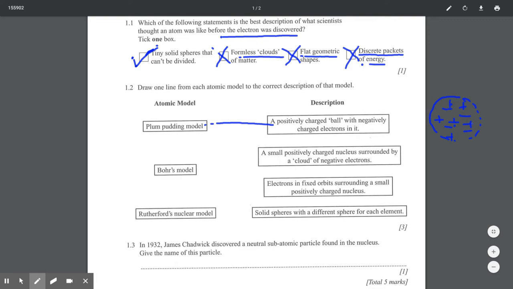So then, as I say, Rutherford then came along later, and he decided via his alpha scattering experiments, which turn up in question 2, that the atom in his experiments were again spherical. However, the positive charge was now contained in a very dense, small nucleus, and the electrons were around the outside. Wasn't aware necessarily of positions, that comes up later, but they just thought that the positive charge was definitely in the middle, in a very small, dense area, and the electrons around the outside in a cloud